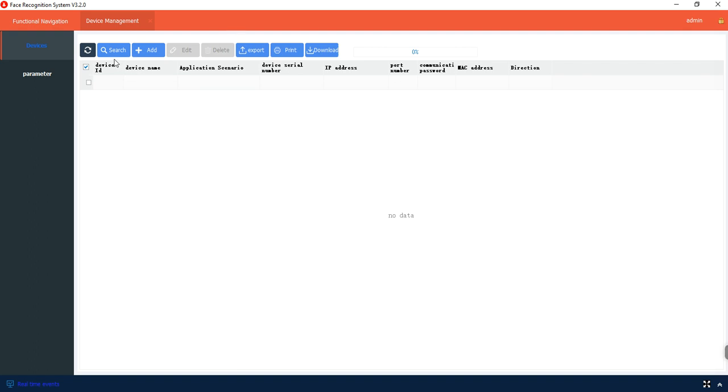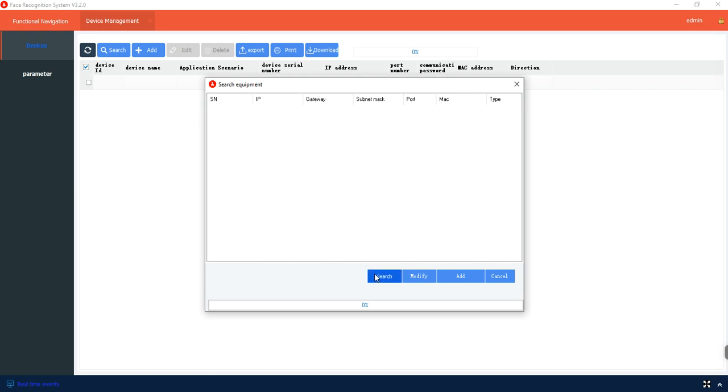Once the device is connected to the network, the same network as the PC, to make life easier you can click search, and the software will automatically search the network to find the device if it is online. So here we got the device,